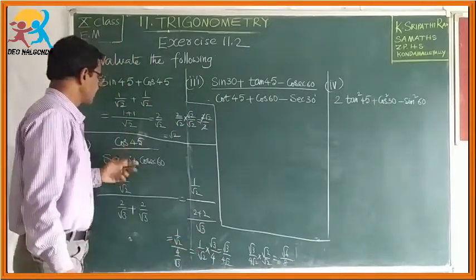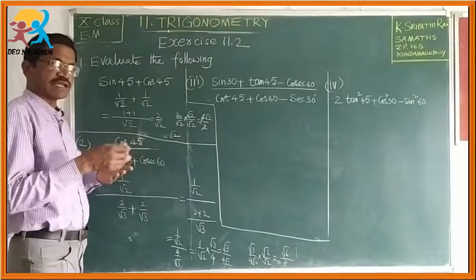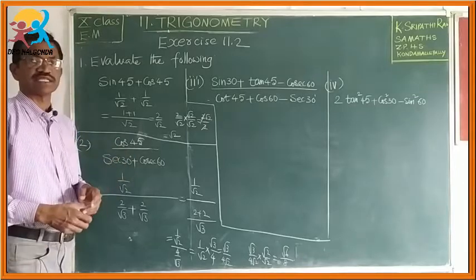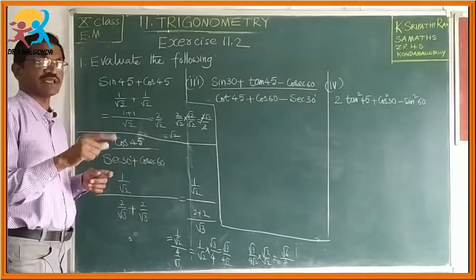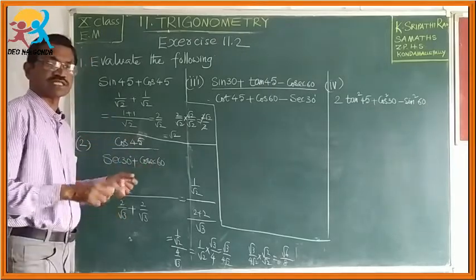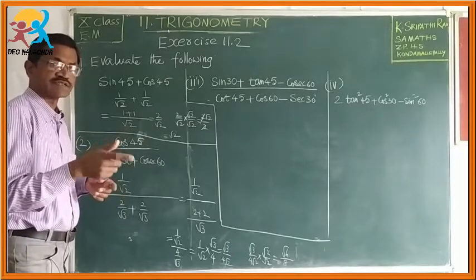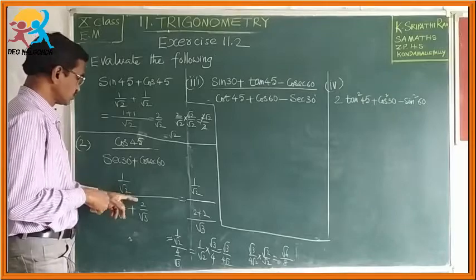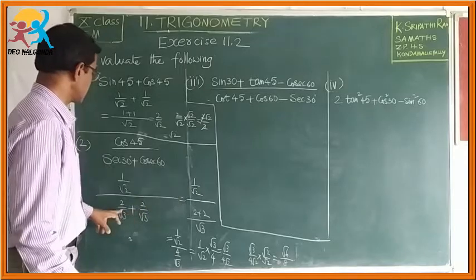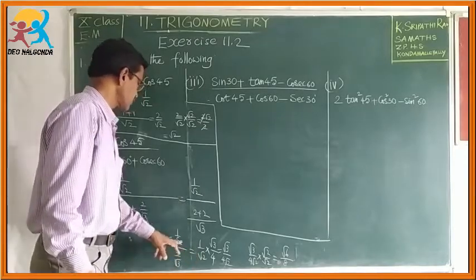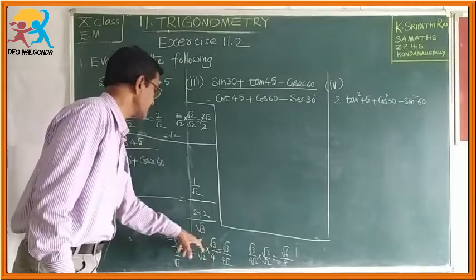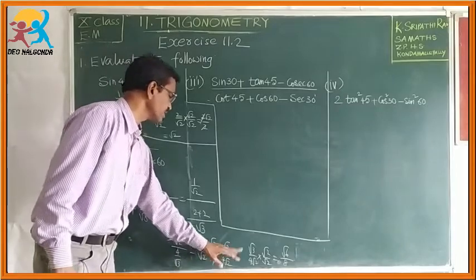Once again, see here, if we do not know the values, we can recollect the values from their reciprocals. Cos 45 is equal to 1 by root 2, sec 30 is the reciprocal of cos 30, cos 30 value is root 3 by 2, its reciprocal is 2 by root 3, plus cosec 60, cosec 60 is the reciprocal of sin 60, sin 60 value is root 3 by 2, reciprocal 2 by root 3. Now, 1 by root 2 is written as it is, here there are two fractions, 4 by root 3. So, 1 by root 2 into root 3 by 4, root 3 into 1 is root 3, root 2 into 4, 4 root 2. You can write as it is.